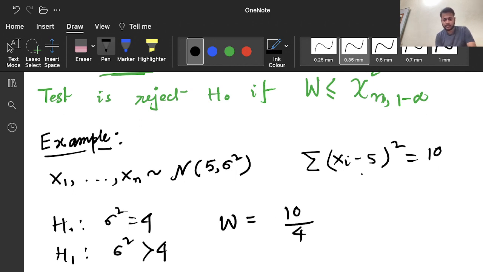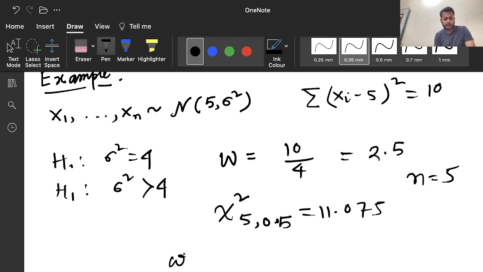by 4, this by this 4, that is 2.5, and chi square 5 at 0.05 suppose is 11.075. Here suppose n equal to 5, and you see the test statistic is less than the chi square 5 0.05 percentage point, so we